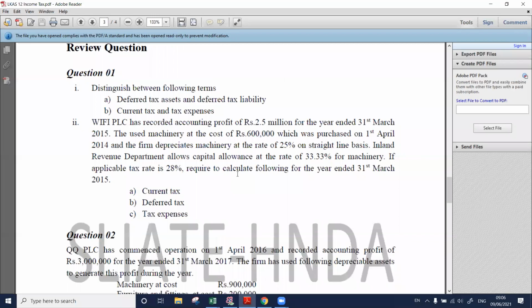See the first one. Distinguish between the following terms: deferred tax asset and deferred tax liability. Deferred tax asset,